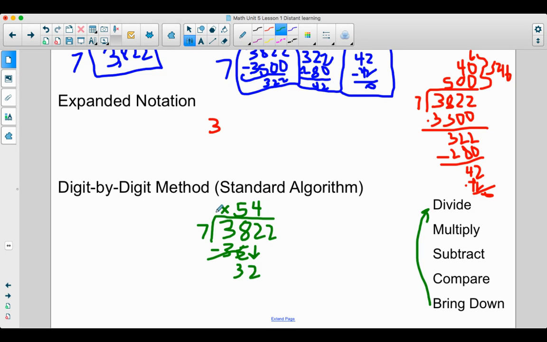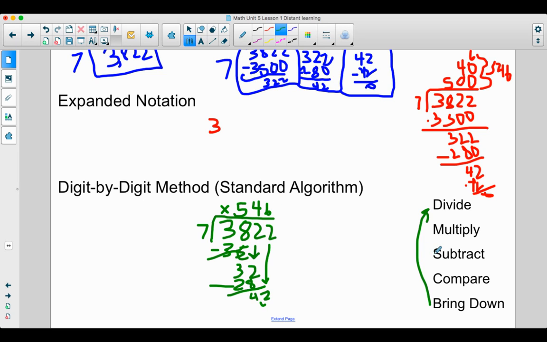I have to multiply to see how much 4 7s would be. They would be 28. I subtract to see what's left. There would be 4 left. I compare to say, hey, can I bring more 7s down, or can I take out a group of 7? No, I can't. Then I bring down the next one. Bring down the 2. Now the 4 becomes a 40 and 2 ones. Oh, I know, I repeat the process. I divide, there's 6 7s in 42,